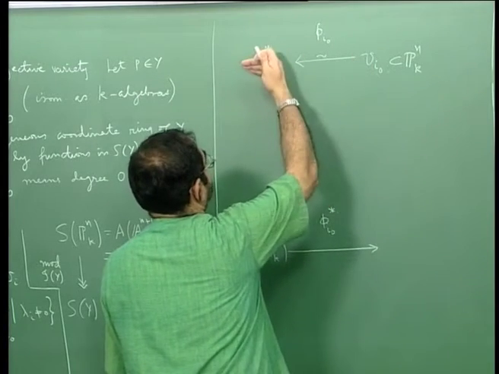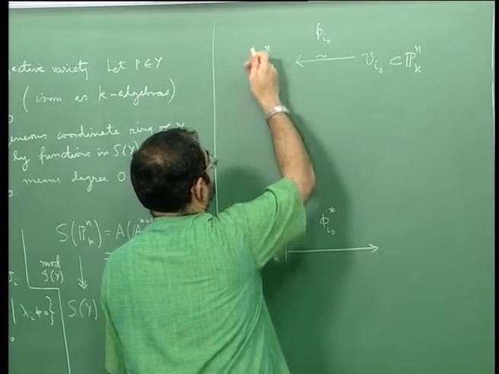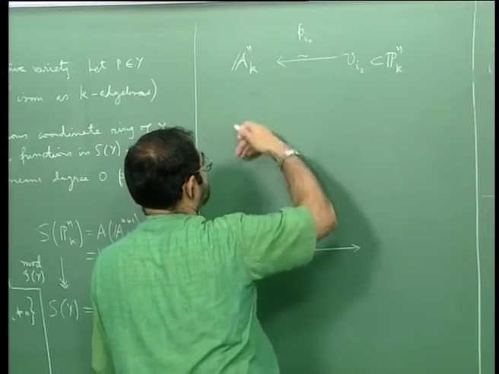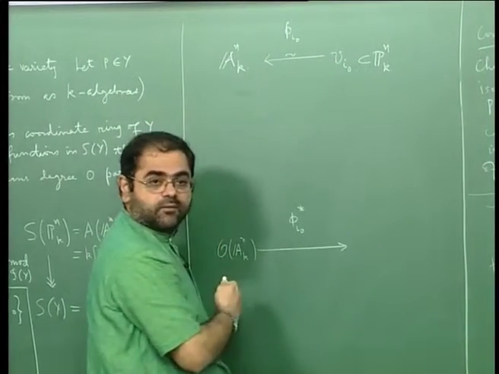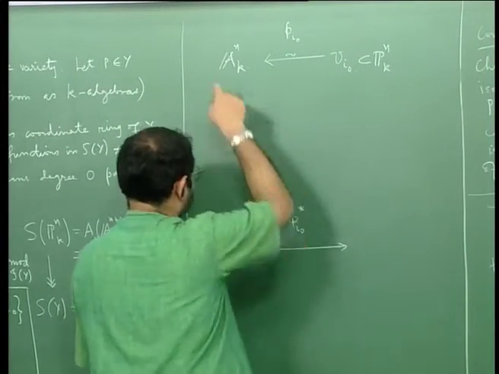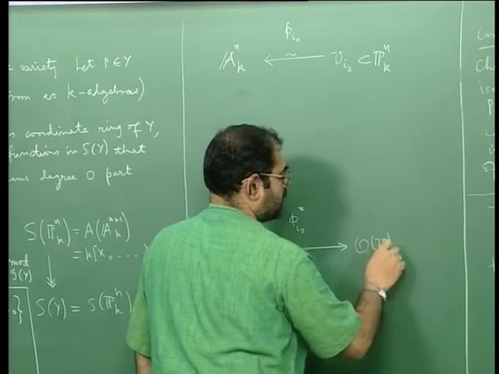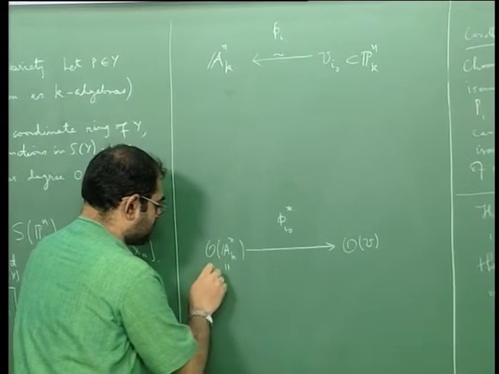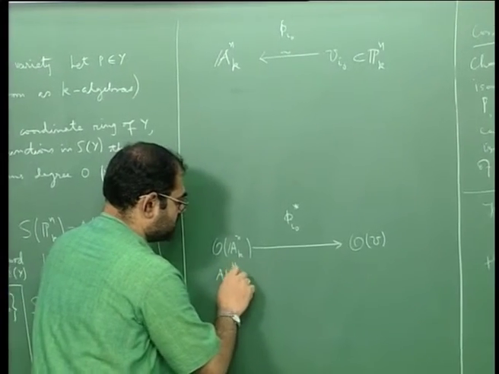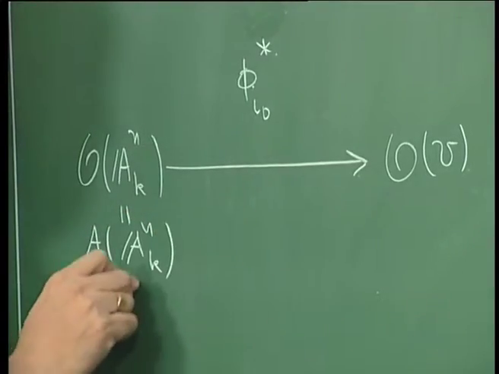If you have a morphism, a regular function on the target will, by composition with this morphism, give you a regular function on the source, okay. So I get regular functions here to regular functions here. Of course, because this is affine, this is just the coordinate ring of A^n,